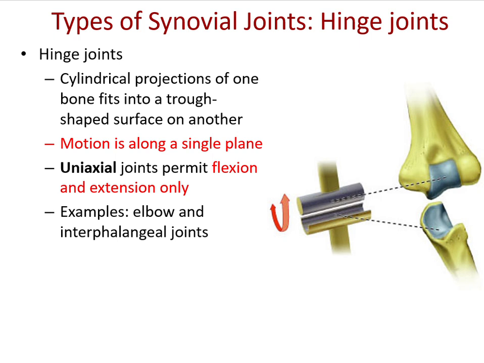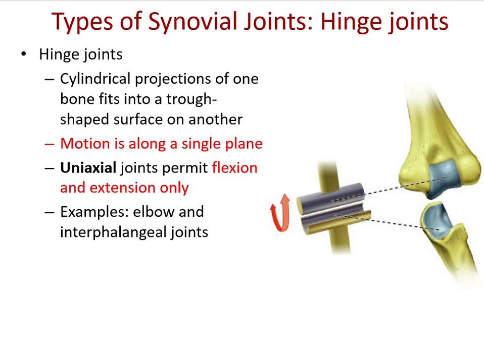Then we have hinge joints, like your elbow. This only allows for uniaxial movement, so flexion and extension only. So that's motion along a single plane. For your elbow, we're seeing a cylindrical projection fitting into a trough-shaped structure. The cylindrical projection for your elbow is at the bottom of the humerus, and it fits into the trough shape